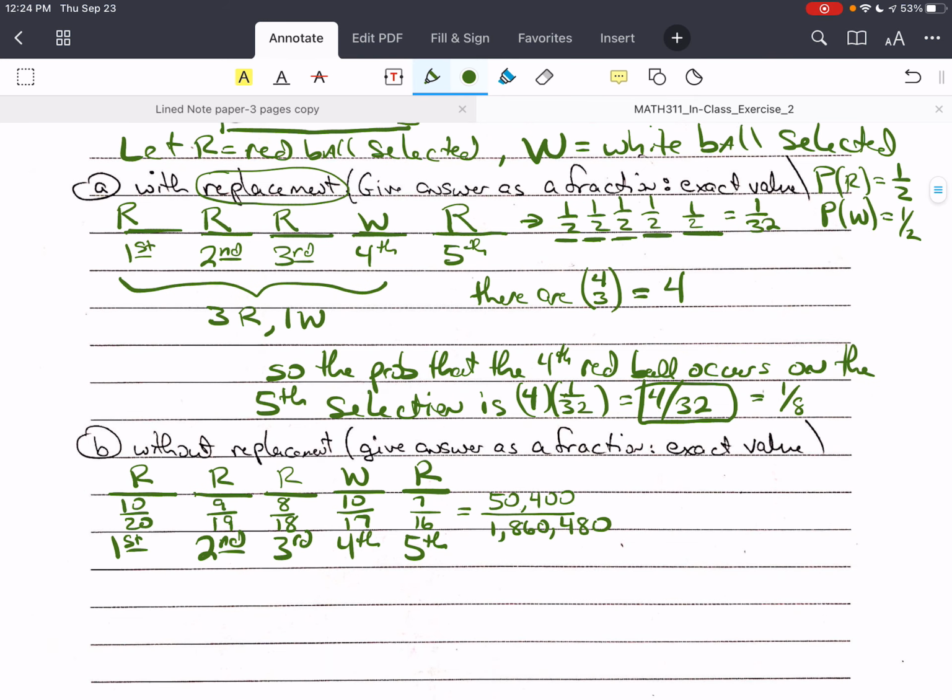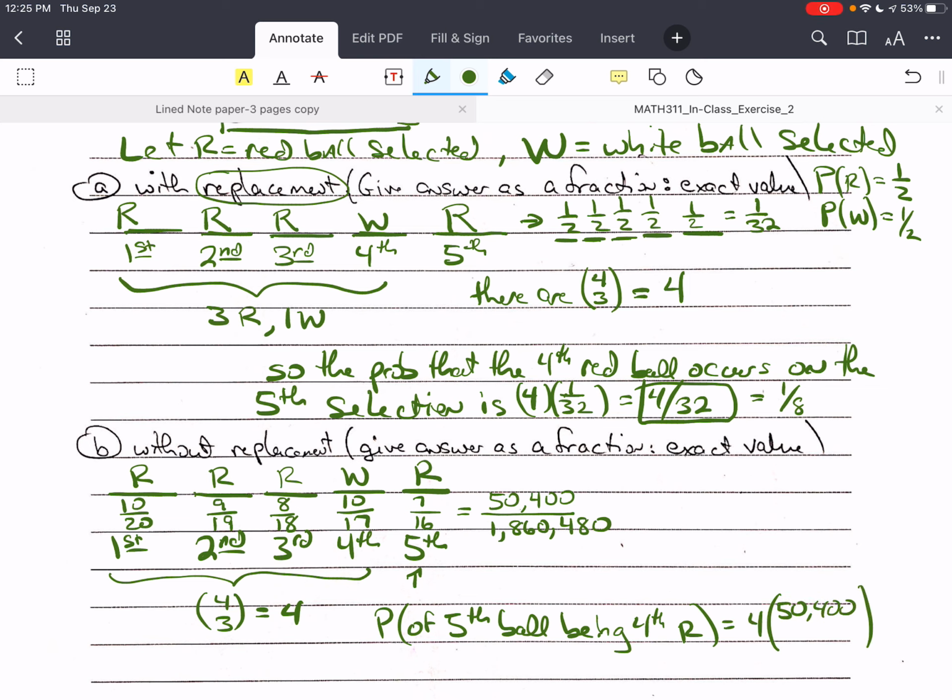And again, there's only one way we can choose the fifth ball. It has to be red. But there are 4 choose 3 ways to select the first 4 balls where we have 3 red. And so again, that is 4. So the probability of the fifth ball being the fourth red is equal to 4 times